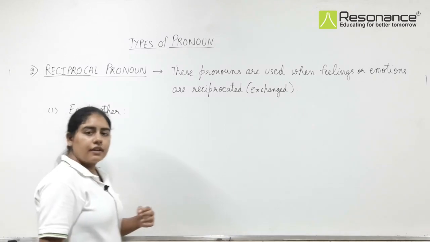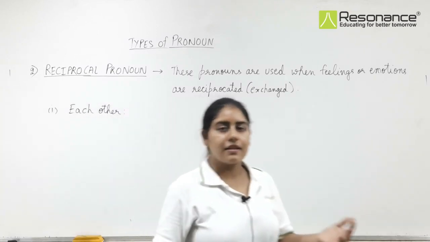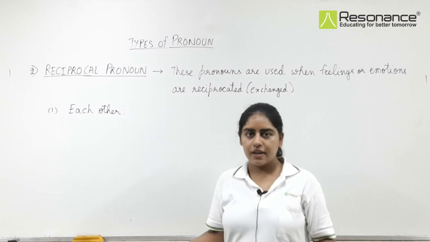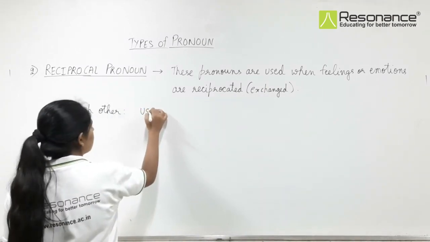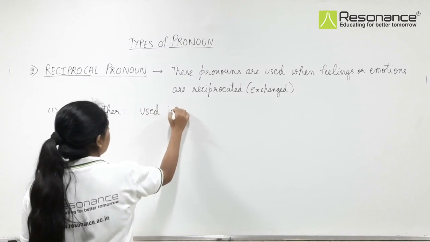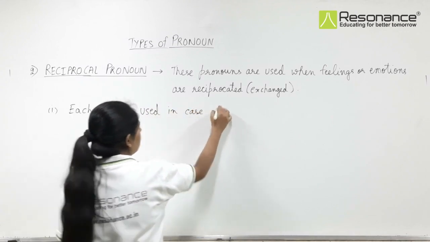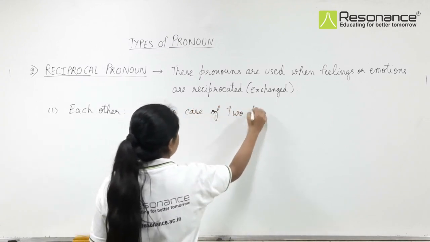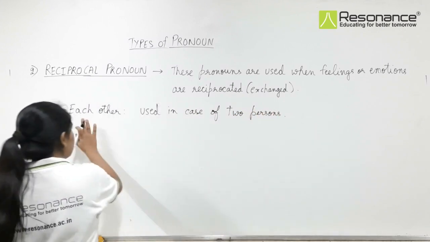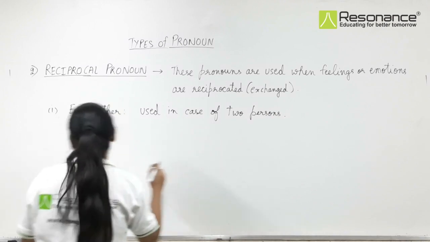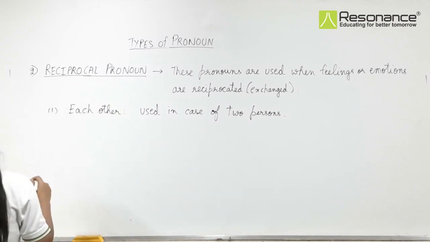Each other and one another, are they same or are they different? Yes, they are different. Each other is used in case of two persons, whereas one another is used